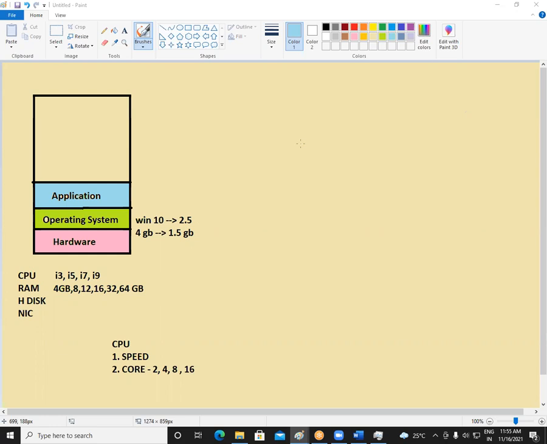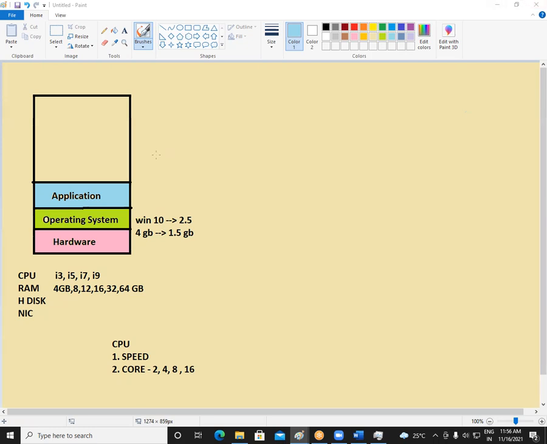Got it? So whenever we buy a computer, it's better to take one with minimum 8 GB RAM, because 8 GB RAM will allow us to run multiple applications. On average, 8 GB RAM is enough for all the basic use. But some people use bigger applications, like those related to multimedia and graphics, which consume more memory. There we have to go with like 32 GB RAM. There 16 GB RAM is also not sufficient.